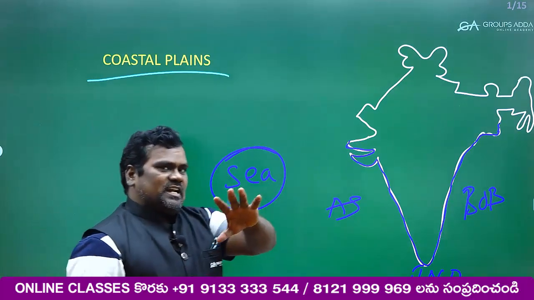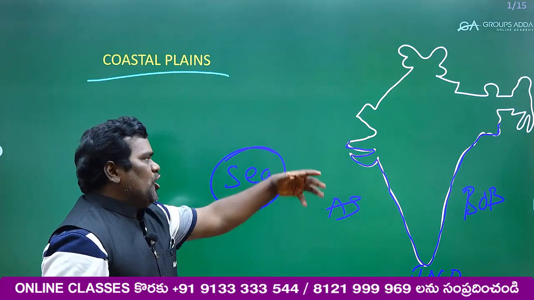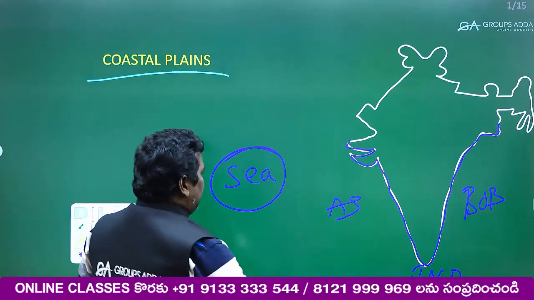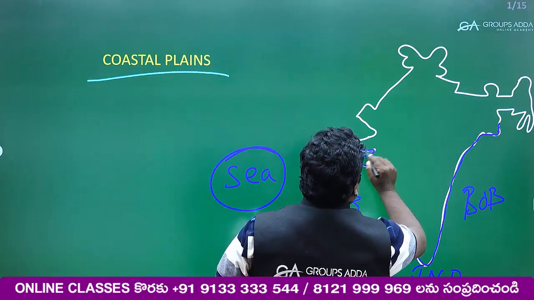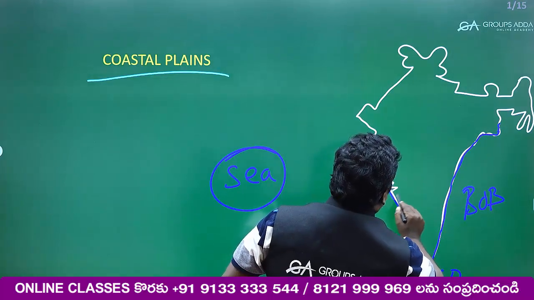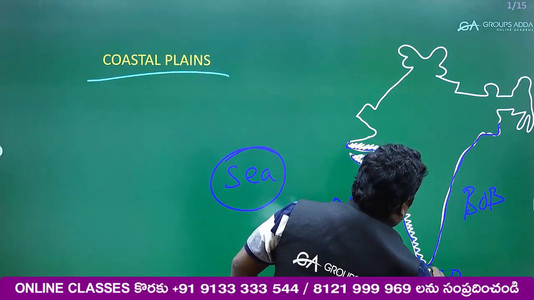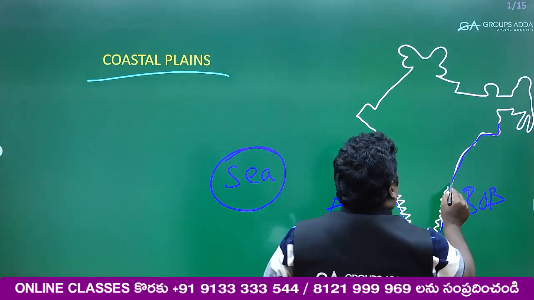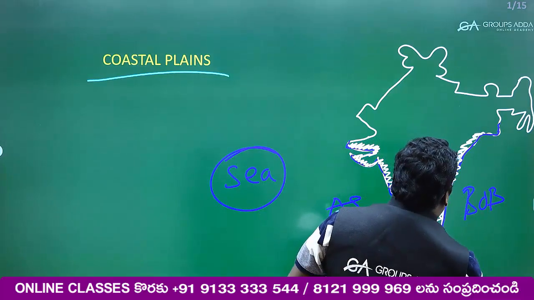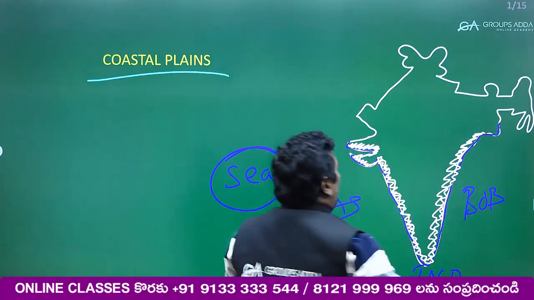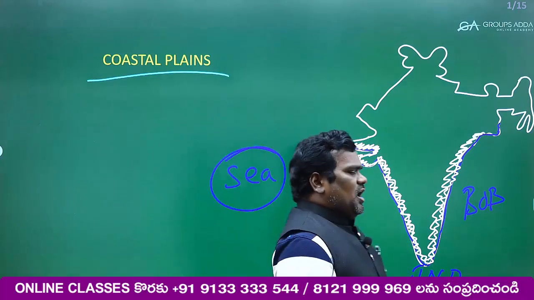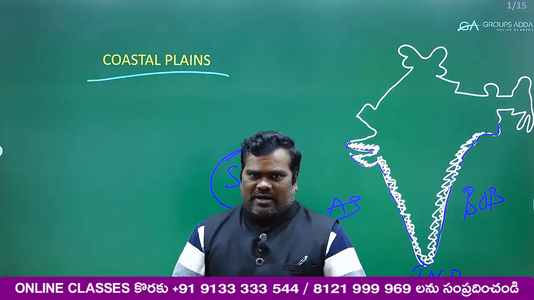Isn't it? Yes, let me give you some clarity. And moreover, see here, all this is coastal line. Okay? Coastal plains. Here, some coastal plains got developed. Isn't it? Yes. All this is coastal plains. My dear friends, you tell me how we got these coastal plains.